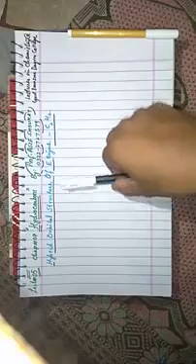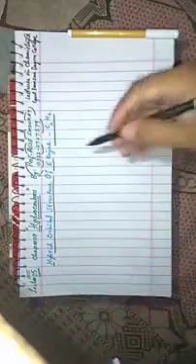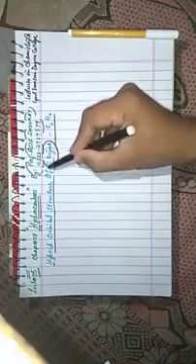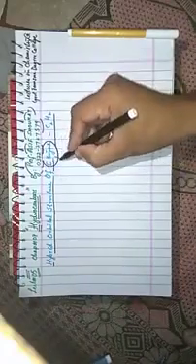Today is our lecture number 5 regarding chapter number 7, hydrocarbons. Today we have to discuss the hybrid orbital structure of the ethene molecule. Let's start with the previous knowledge. Students, we have to look at the ethene molecule first.